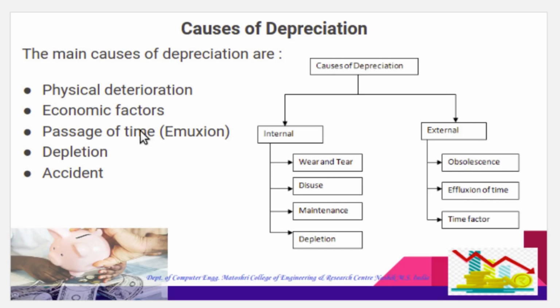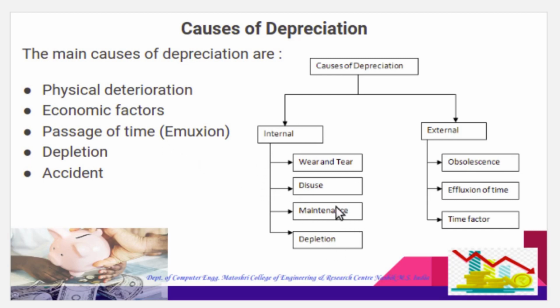In other words, an asset may get exhausted through working. This is the case with mineral mines or oil wells. On account of continuous extraction, a time may come when the mines or the wells get completely exhausted and work has to be terminated. Reduction in the value of the mine is thus considered as depreciation.